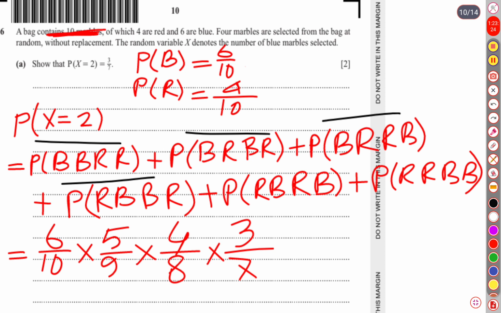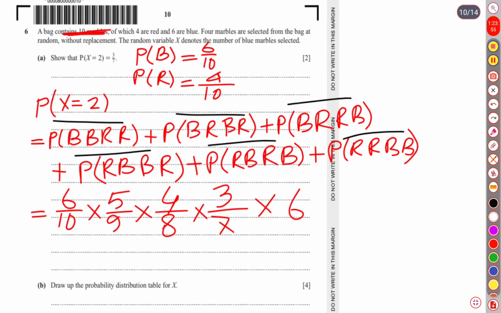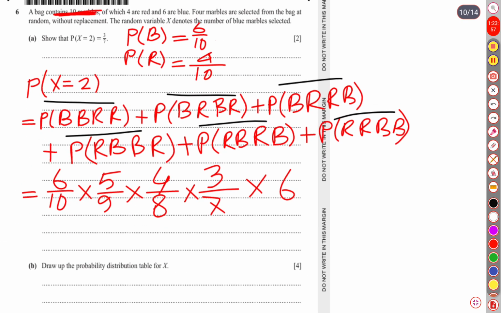Okay, every time you pick up 4 marbles one after the other without replacement, your denominator is going to be 10, 9, 8, 7, and the numerator will also remain, though there will be an order, but in total it is going to be the same. That's why we can write that there are 6 such possible cases, so we will multiply by 6, and then finally we will find that our probability of picking up 2 marbles is going to be